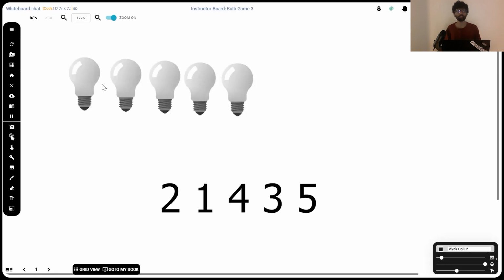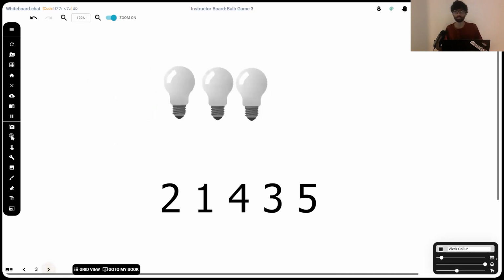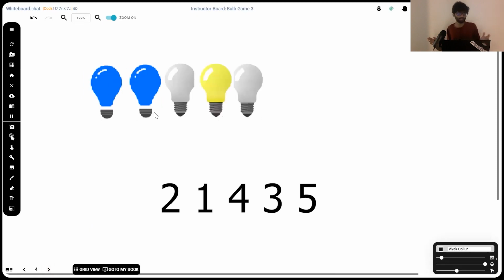Now the next key thing to keep in mind is, in state 1, if we want all the lights to be blue, then which bulb has to be turned on? Bulb number 1. In this case, that's not true. Bulb number 2 is turned on instead. Now in state 2, if every single bulb were to be blue, then which would have to be the maximum bulb that was turned on? That would have to be bulb number 2. In state 3, if we wanted all 3 bulbs to be on, the maximum bulb would have to be bulb number 3. Does this make sense, guys? Can you cobble this together? Try it out. And once you're done, I'll explain the exact logic.